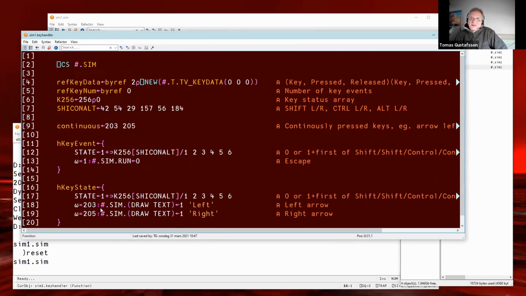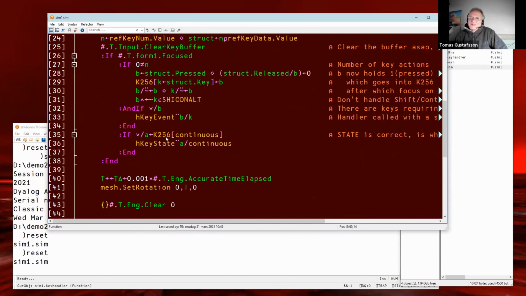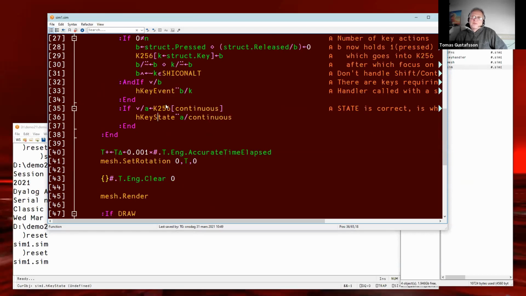And the H key state function reacts on 2 keys, left arrow and right arrow. These are dynamic functions residing in the same hash.sim environment. Right, so they may be called or may not be called. And if they are called, they won't do anything more than mark something. And that's it.